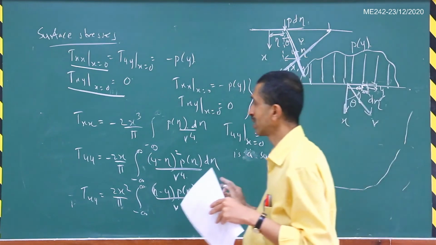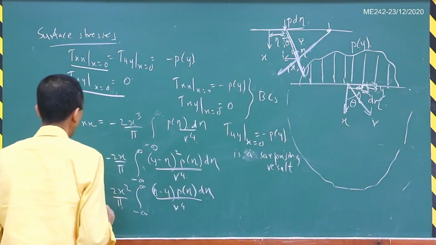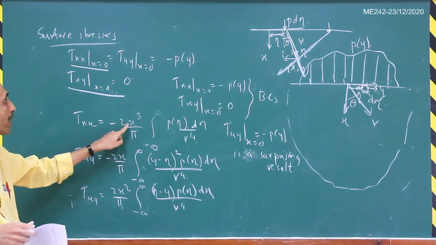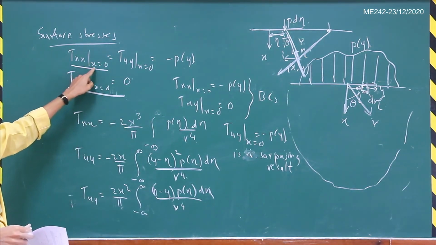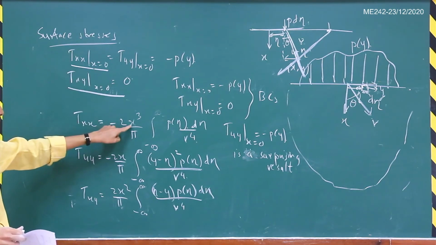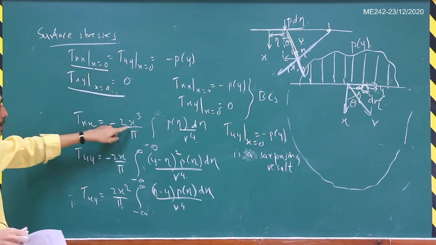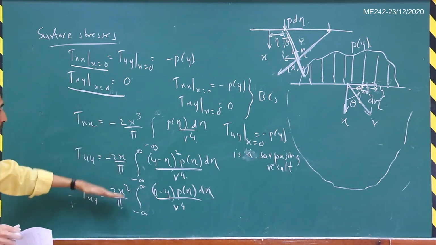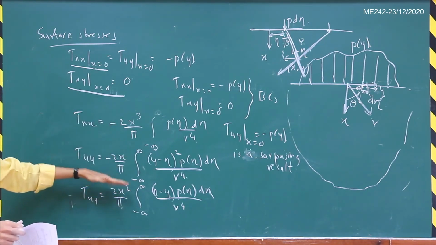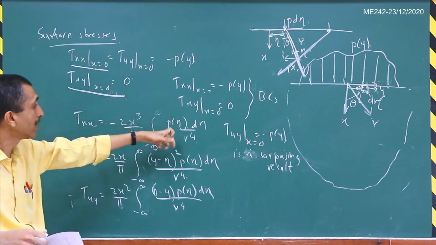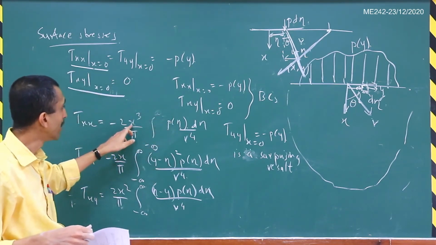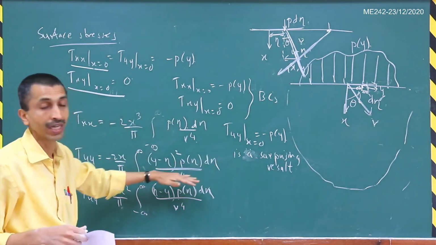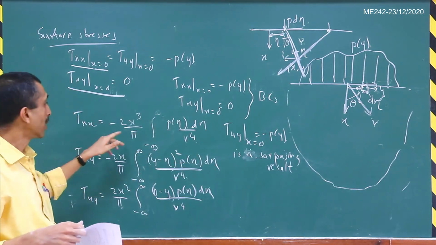Now just one note of caution here. In these expressions for stresses, we cannot simply substitute x equal to 0. You will see that here I have put x equal to 0, right? But we cannot simply substitute x equal to 0 in these expressions, because then all these expressions will simply come out to be 0. But you will see that actually this limit as x tends to 0 is to be taken after evaluating these integrals. Okay, so there will be some cancellation.